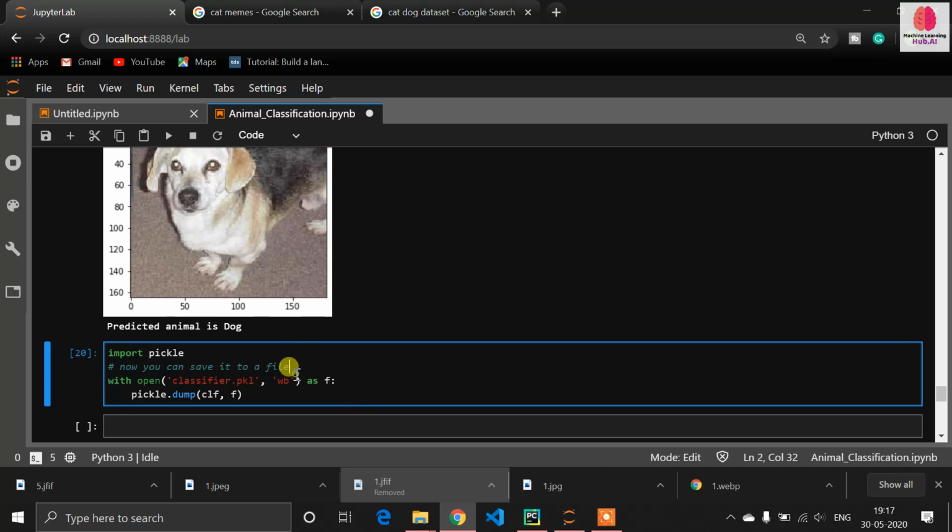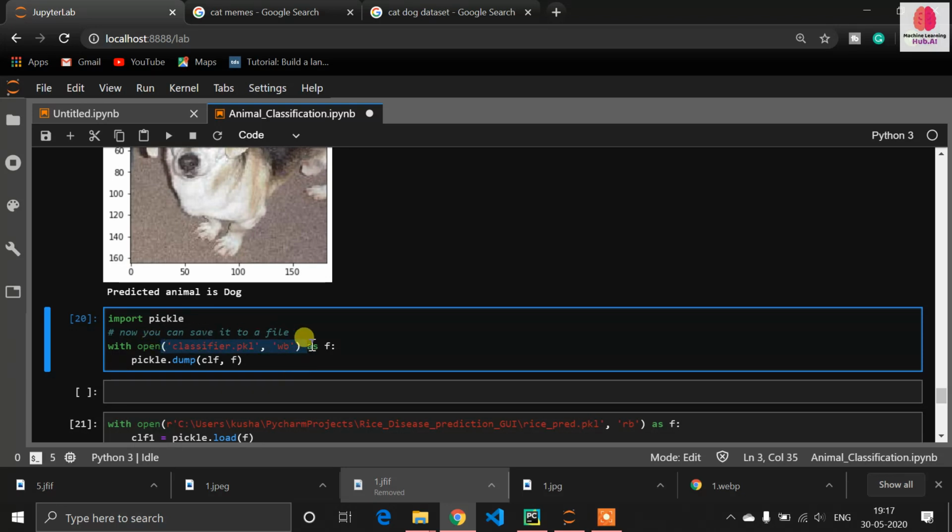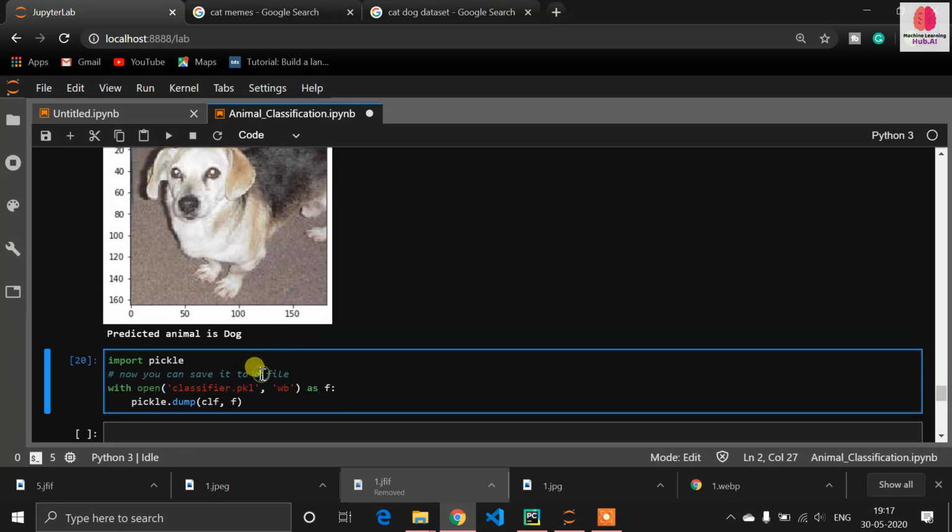In part 2 I will show how you can use this model in production. Production means in your real-time application, because you can't show an ipynb file and Python code to a client. You need to have a website, or a Python application, like a Tkinter application, to show your work. So in part 2 I will show how you can implement this machine learning model in a real Python application.